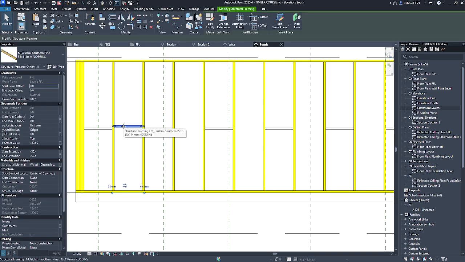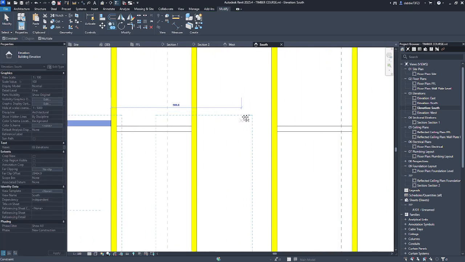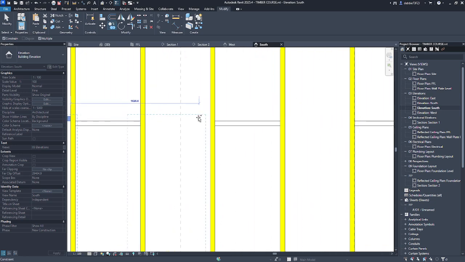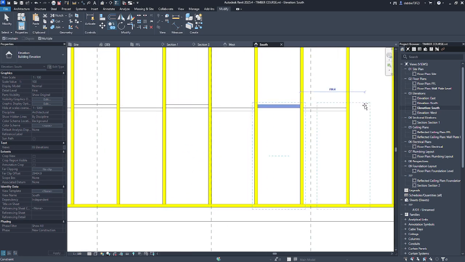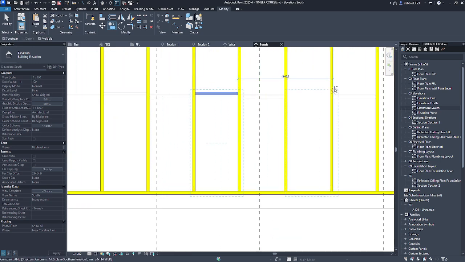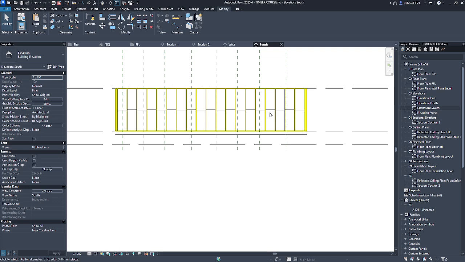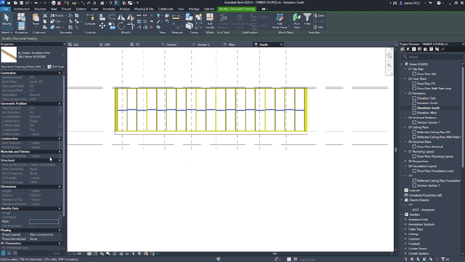Select your noggin, CO for copy, and we'll place it. So let's go select all instances visible in view.